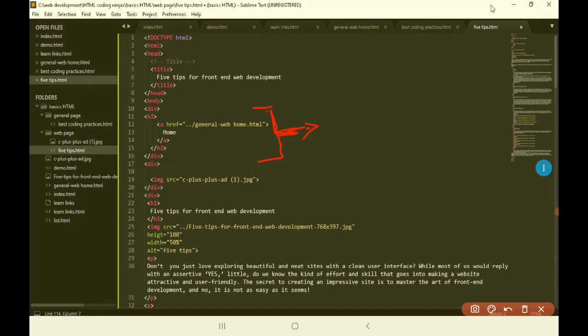We call it the nav tag. This is the semantic name, nav, and the header. These are the headers from here.